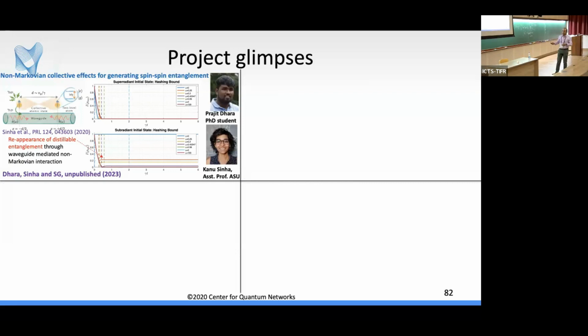This is a very interesting topic. Sai and I just had a little discussion about this, collaborating with my colleague Kanu Sinha, who's now at ASU, and my student Prajit. There are some very interesting collective effects that happen due to non-Markovian physics when 2 atoms, 2 color centers, interact with a waveguide. And we are looking to see if you can generate metrologically interesting states using this kind of a